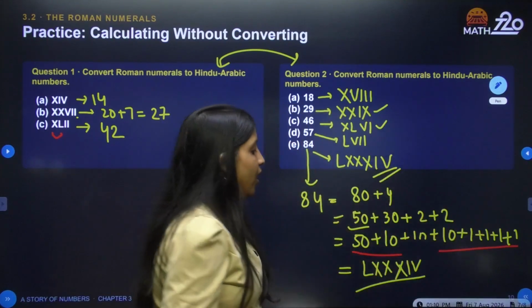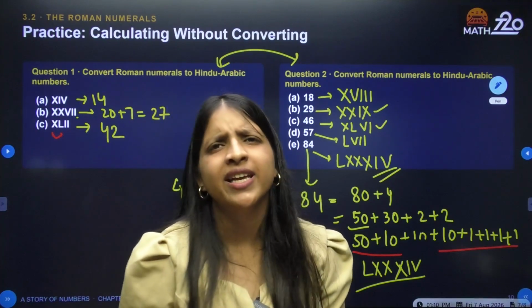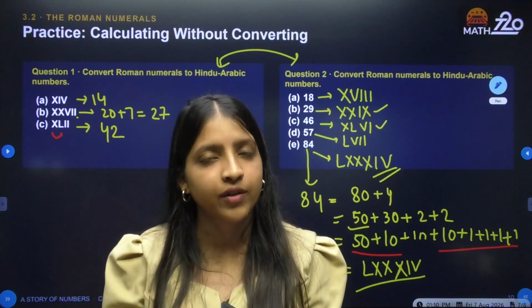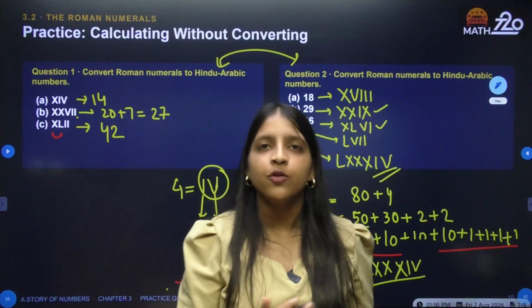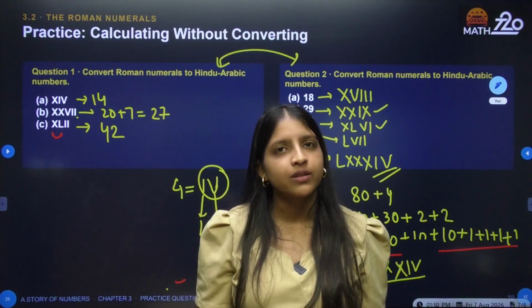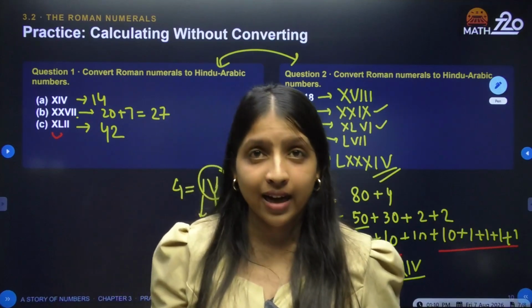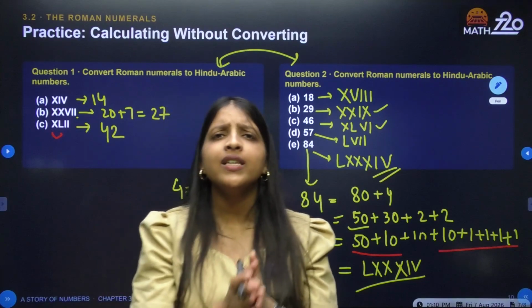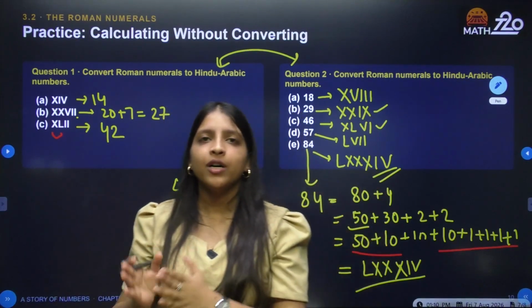That's all. So guys, see, questions will be on these topics. They can ask you the difference between number system and numerals that we have discussed in the first session. Further, they can ask you to write the Hindu number system in Roman form and vice versa. The basic concept which I am repeating again and again is that always convert the bigger and bigger values into the smallest landmark form.